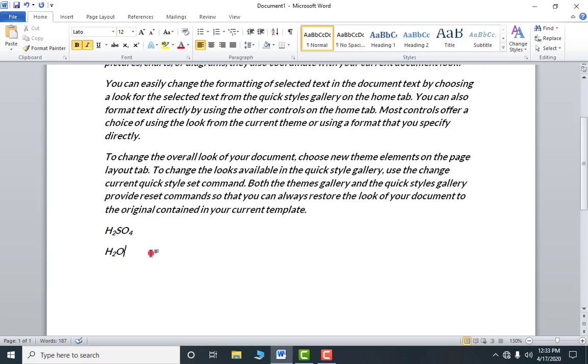Okay. Now a square plus b square. So select this 2 and click on this. Select this 2 and click on this. This is called superscript. So these are the examples of subscript and this one is the example of superscript. Okay, they are important. Whenever you do any of your chemistry or maths work, you need these.